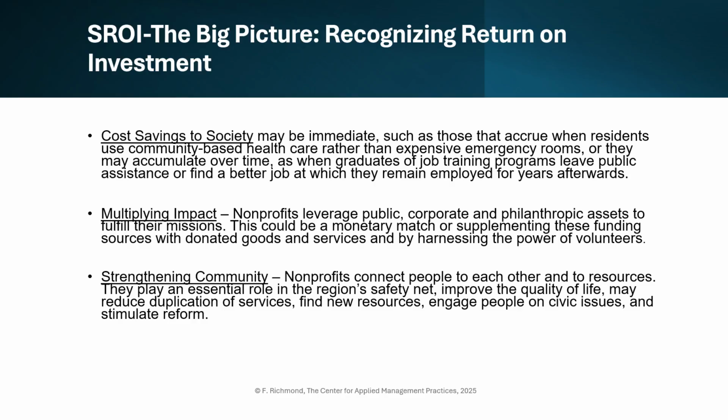All right, so let's take a look at what types of social return on investment we can get. Well, the first one is cost savings, where a good example is using the community-based health center rather than expensive emergency rooms. I can go all day talking about emergency rooms, having once worked in one. They are basically de facto shelters, restaurants, everything but healthcare. So the point is, if you have a program where people could go to community-based healthcare rather than an expensive hospital, you save money.